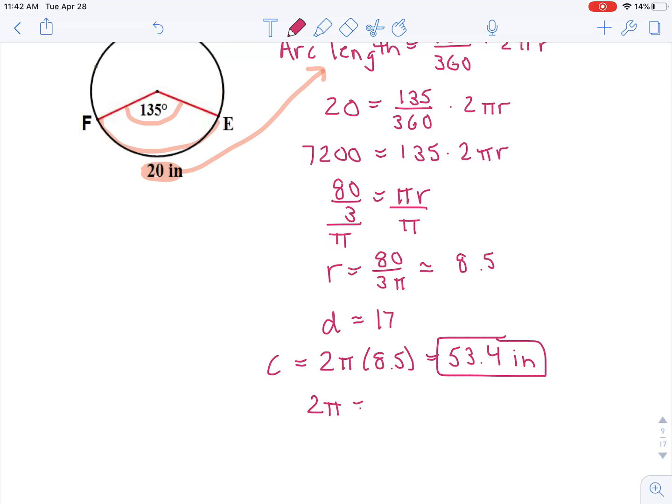If we wanted to leave that as an exact, 2 pi times 80 over 3 pi. The pi's would cancel out there. Okay, I'd end up with 160 over 3 inches. So you can actually get an exact answer. So I said it's about 53.4. If you get exact, you can actually get to be